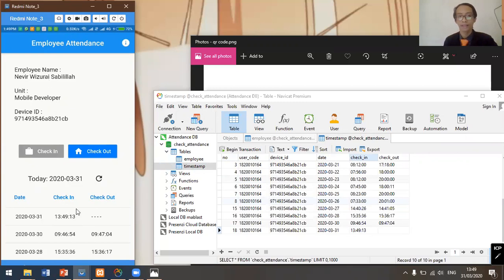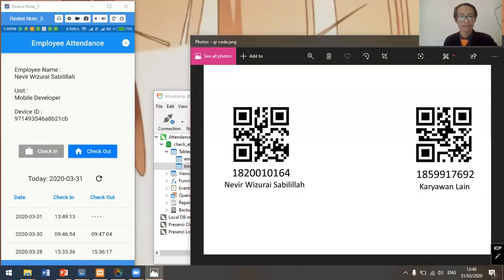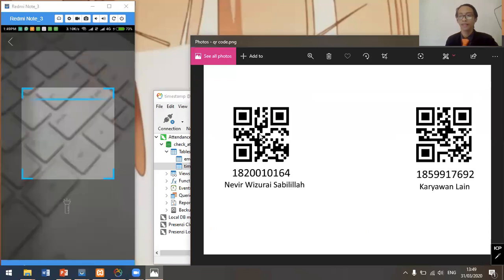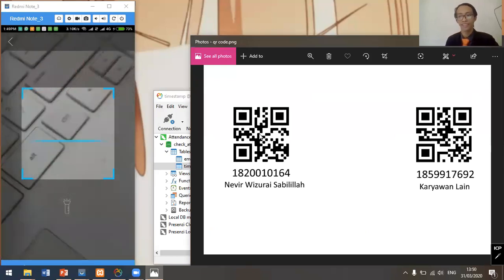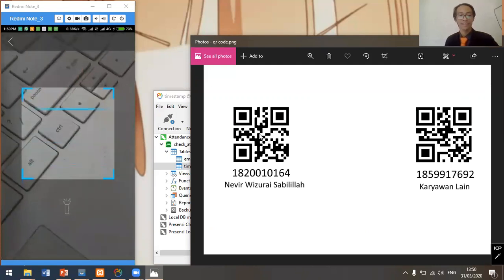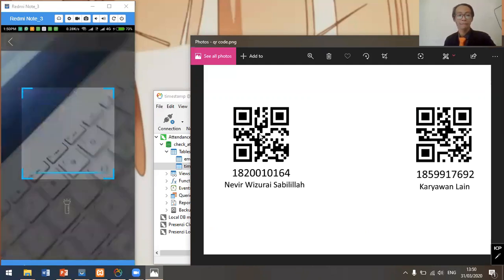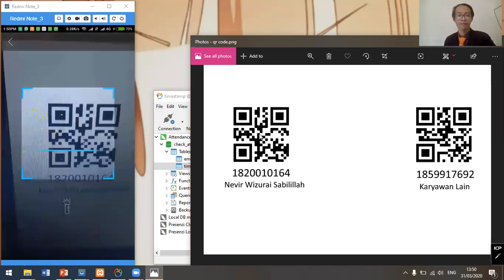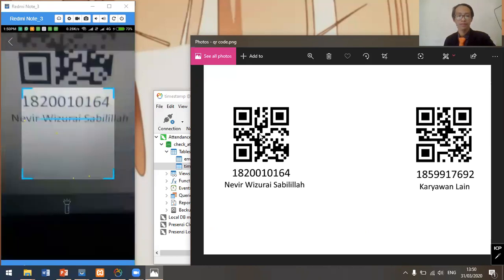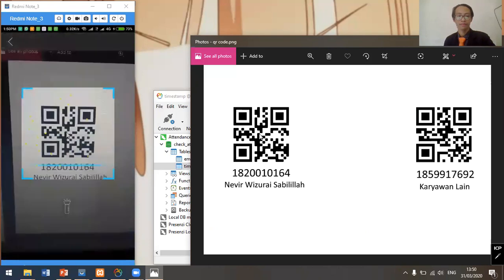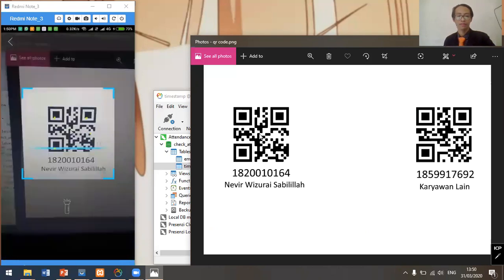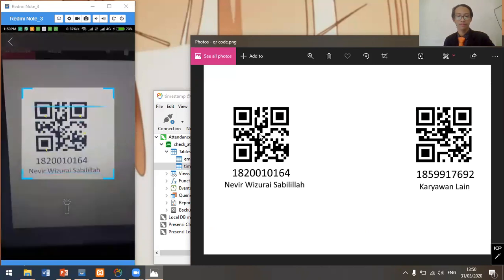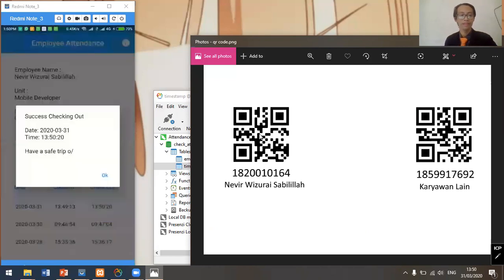And now let me try to check out. Let's just say that right now is 5 p.m. or something like that. And let me try to scan it, using my own code, of course. Here it is.